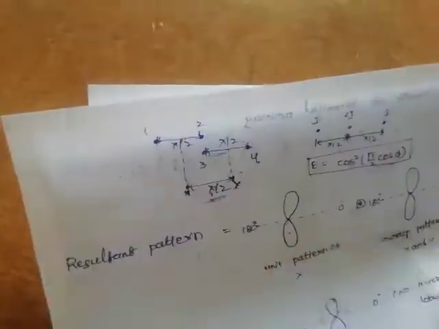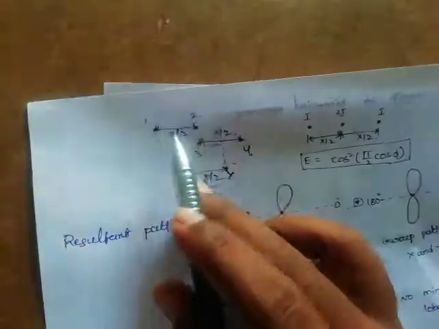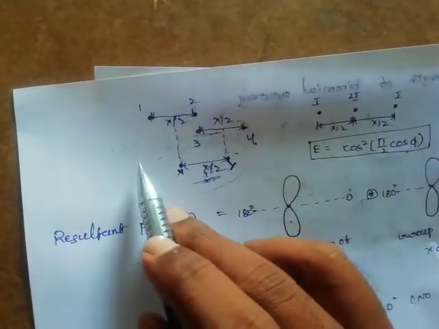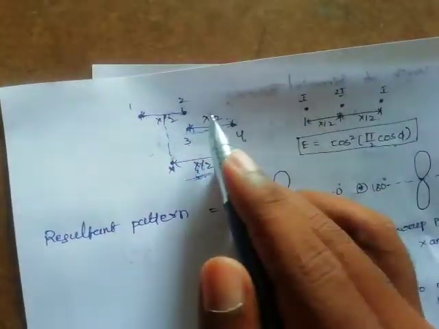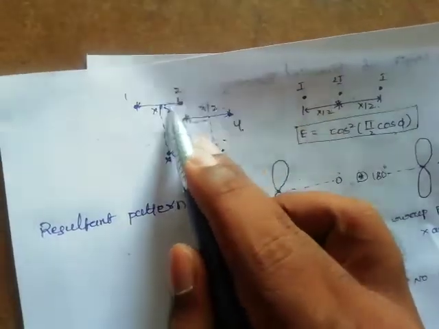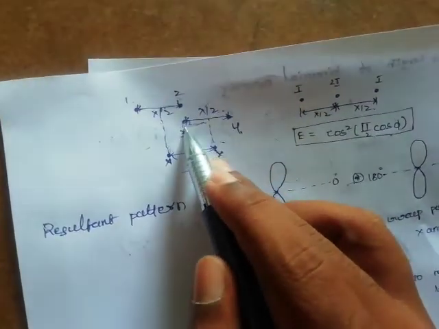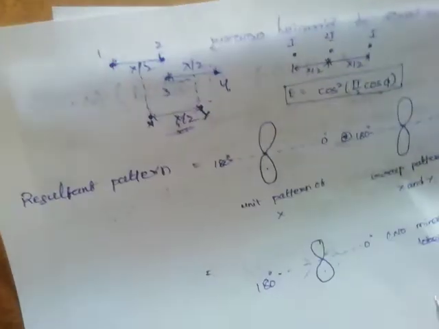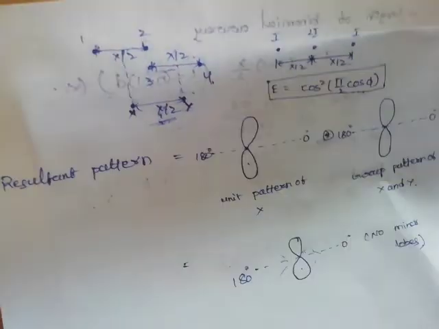Okay, so the same concept we have applied, the same 1, 2, 3, 4 points only, but the change is just that we rearranged these amplitudes. This point is not in continuation, we rearranged these points, and then you reduce the minor lobes. That is the binomial concept we have.